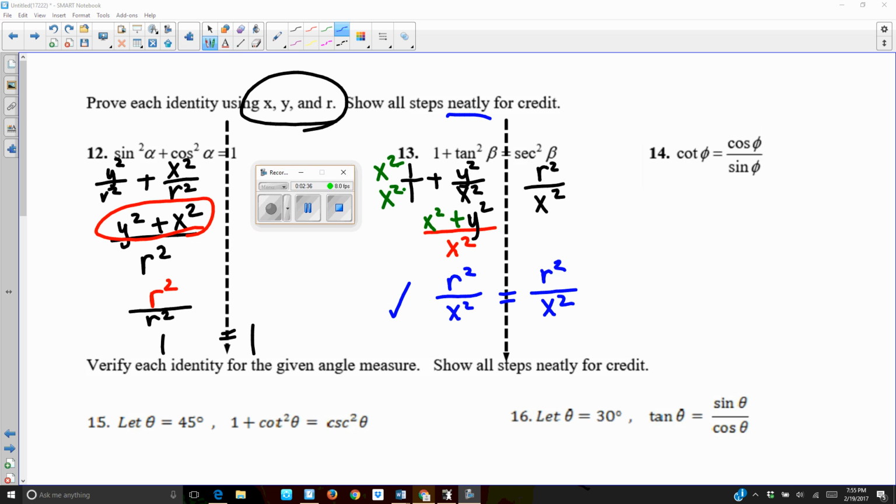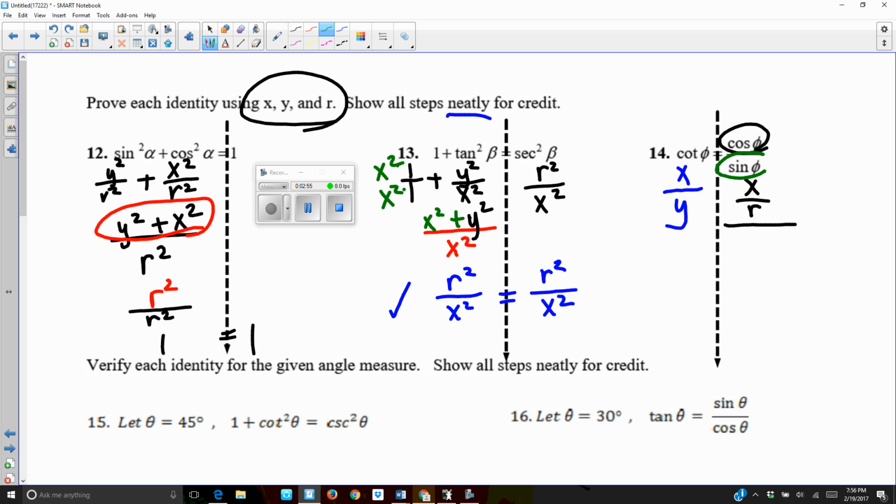And the last one of these, number 14. So let's convert cotangent. Cotangent, of course, is x divided by y. And we need to convert cosine. That one everybody knows is x over r. While sine is y divided by